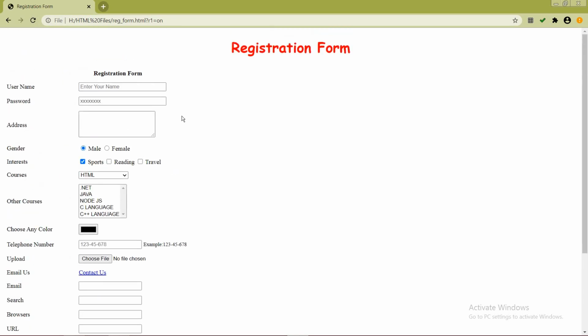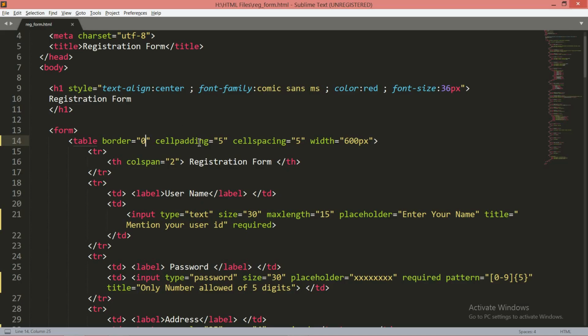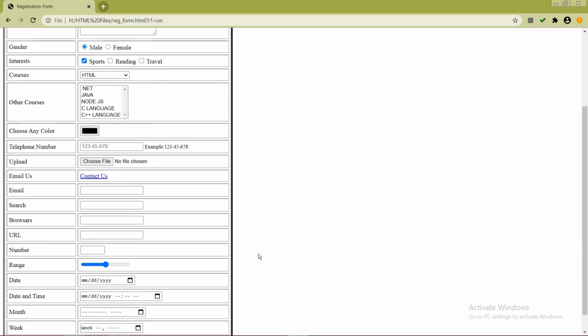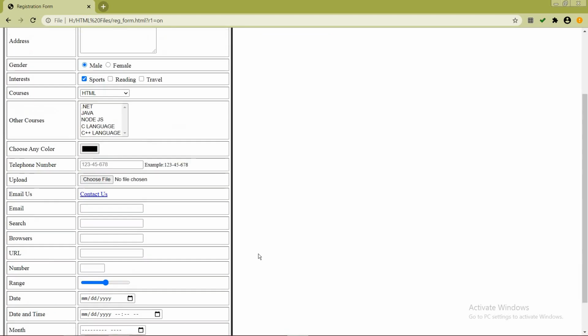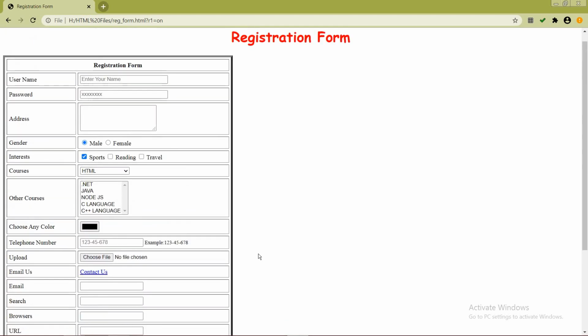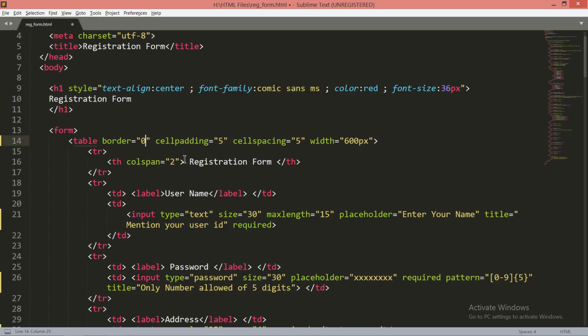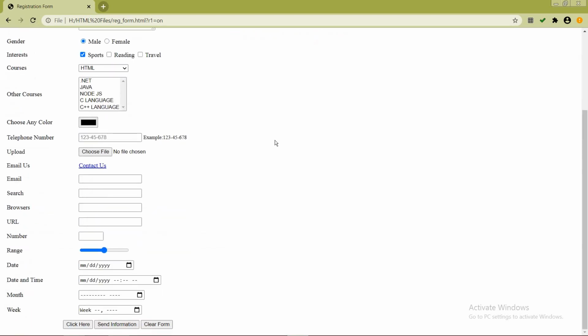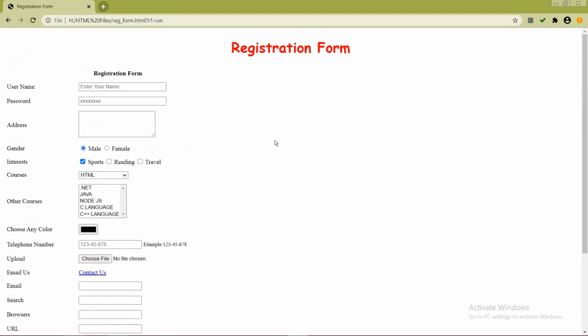If you are not able to see the changes, just apply the border, that is table border 5 pixels. You can see this one is the table, and you all know why I make the table, just for the alignment, just for the symmetrical order of your form. So I just put it 0 and this is your table. I hope you are understanding this concept of tables.